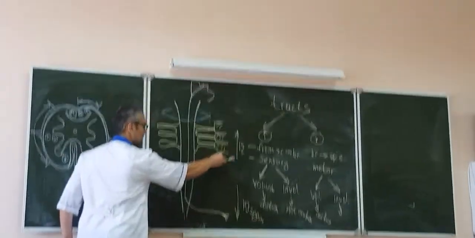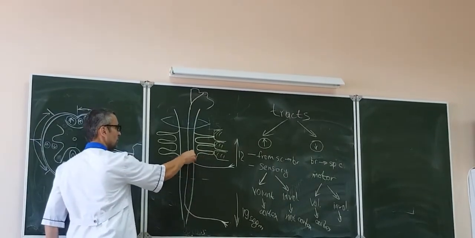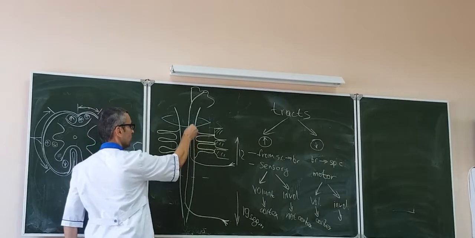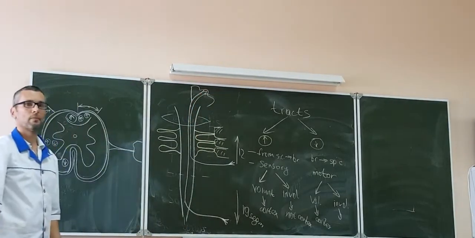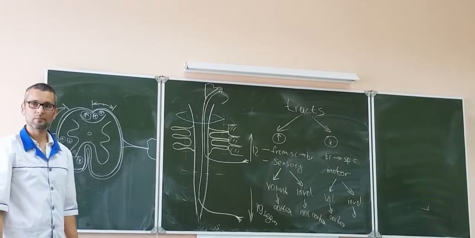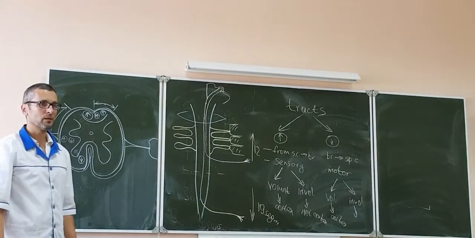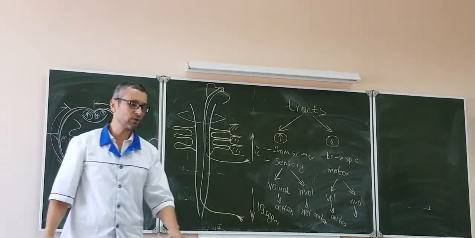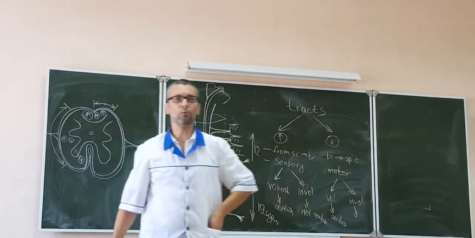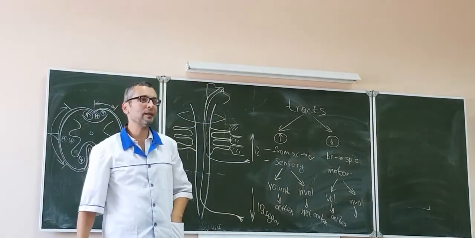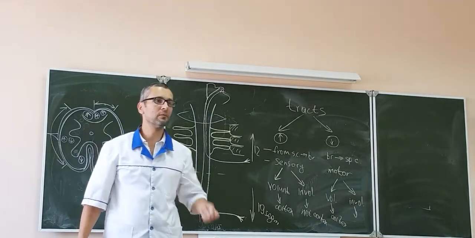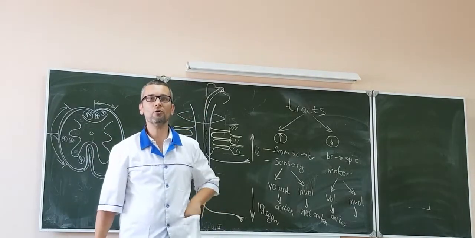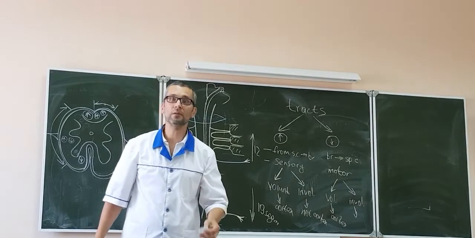It also enters the spinal cord here and goes laterally from this one, and also goes to the cortex. Understood this? Or not? If I touch, for example, I put the pen in my pocket, I touch the pen and I know that there is a pen, I recognize it, I know that there is paper, so that's why